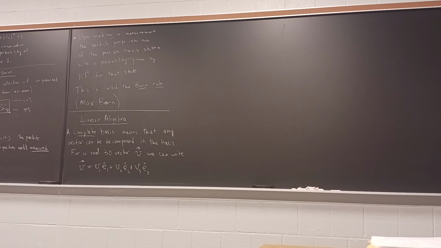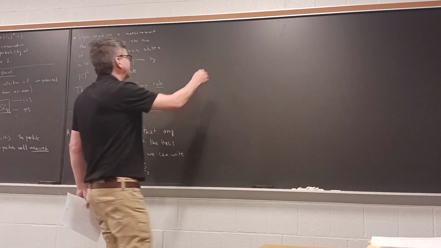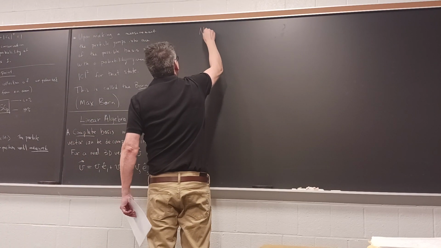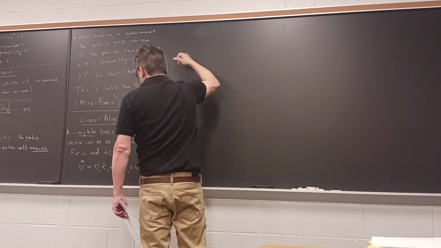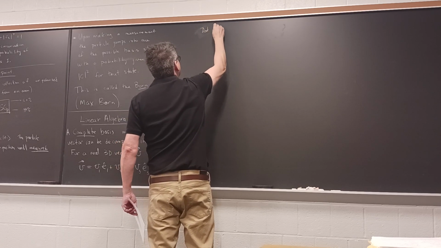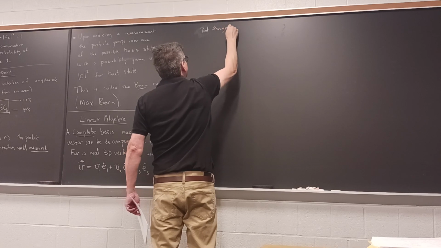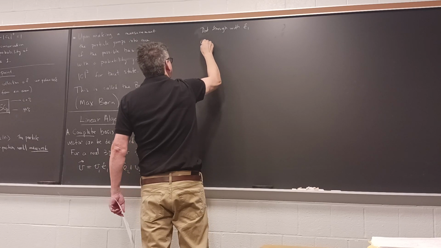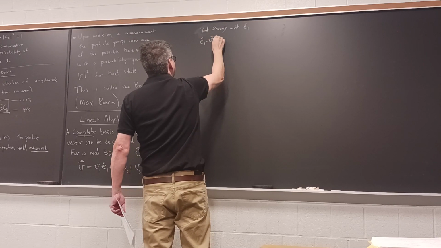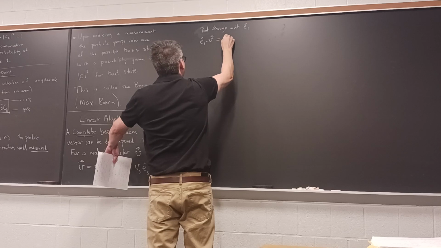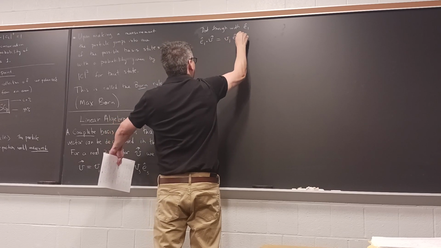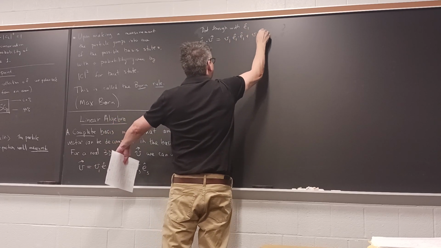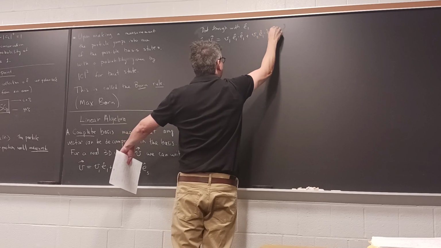Everyone's seen that before, everyone's comfortable with that notation. Now let's dot through with E1 hat. E1 hat dotted with V will be V1, then E1 hat dotted with V2, plus,